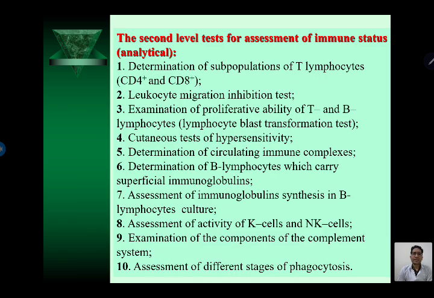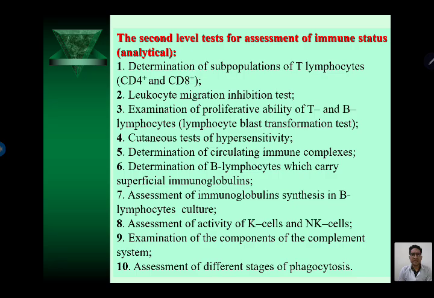The next point is the second level tests for the assessment of the immune status, analytical. The first point is a determination of the subpopulations of T lymphocytes, which are CD4 plus and CD8. The leukocyte migration inhibition test, examination of the proliferative ability of the T and B lymphocytes, the lymphocyte blast transformation test, the cutaneous test for hypersensitivity, the determination of circulating immune complexes,